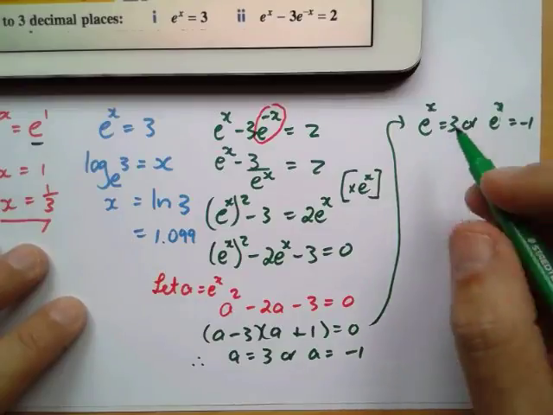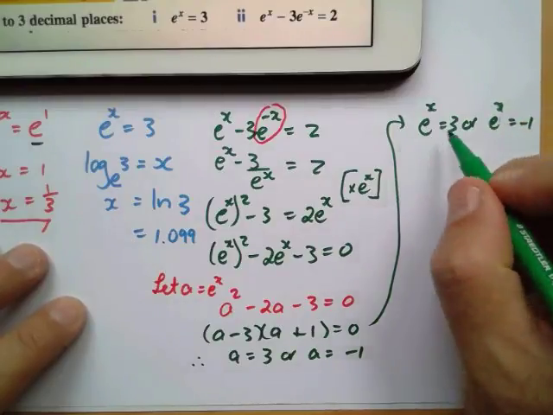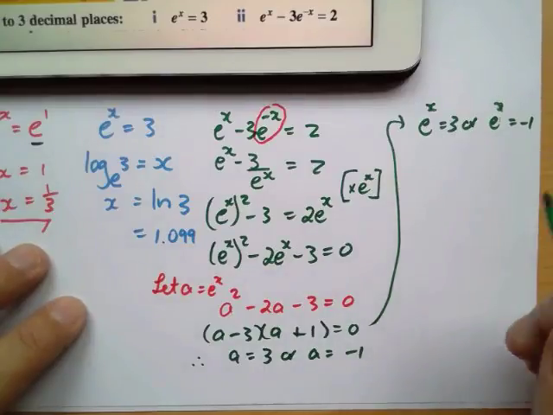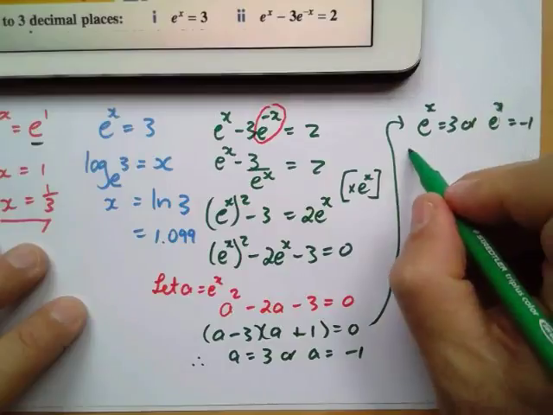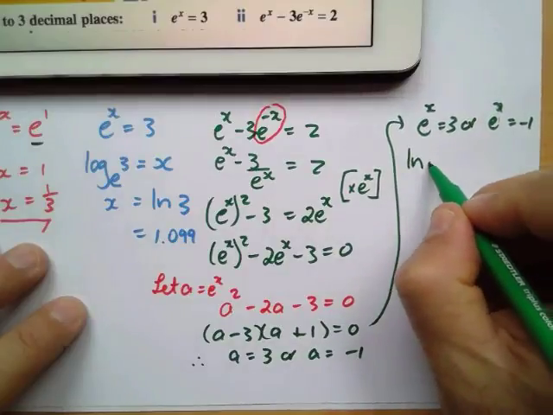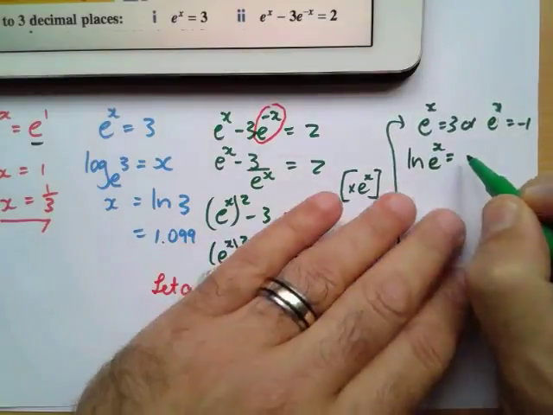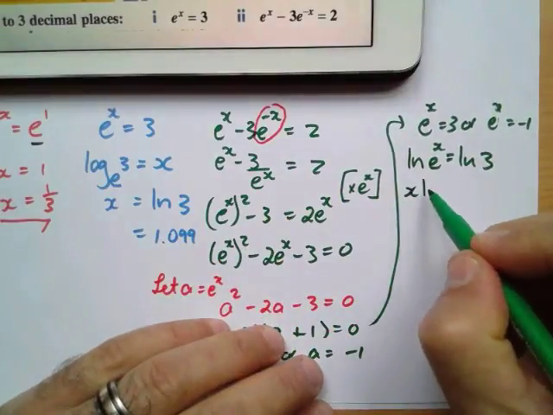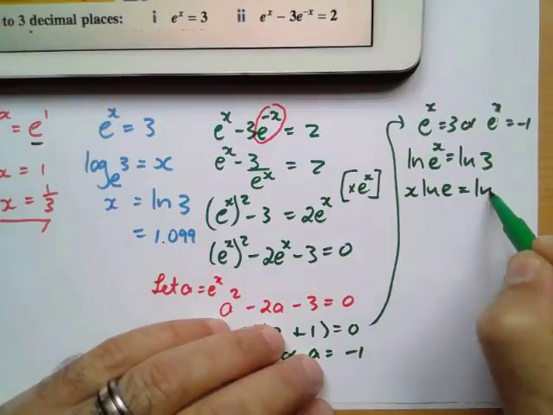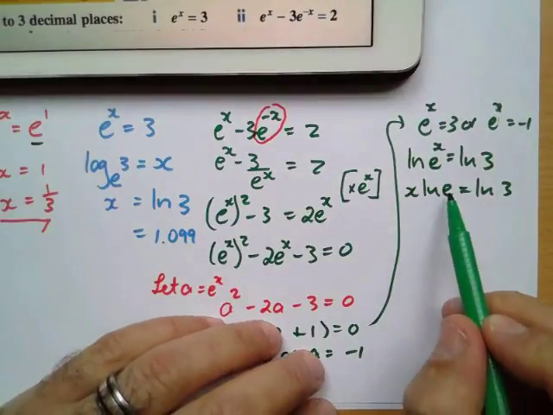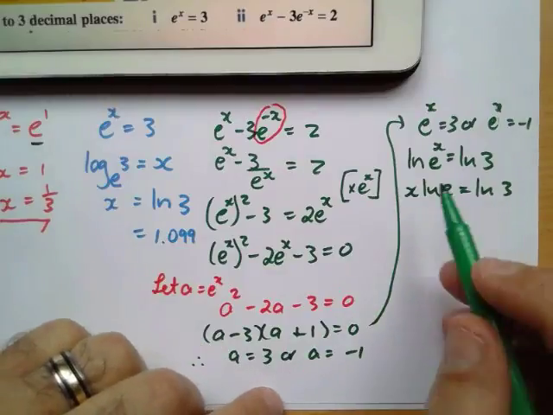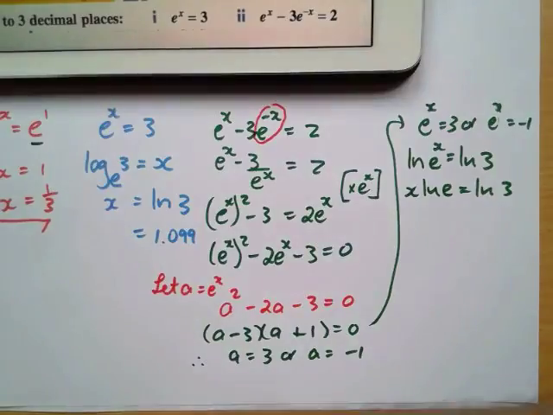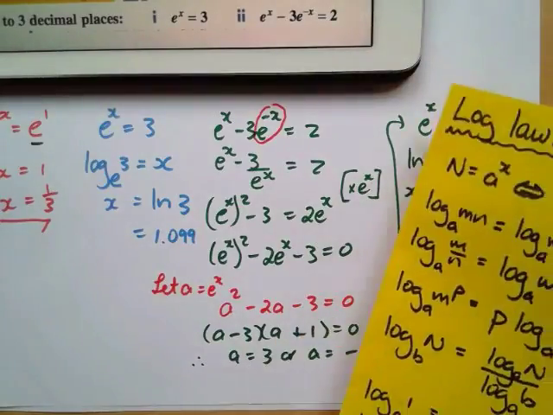If I put this into log form, or what I can do is take log both sides, or the other thing I can do is take ln both sides. Now remember, ln e to the power x equals ln 3. The x can go to the front, it becomes x ln e equals ln 3. Now ln e equals 1, and the reason for that is ln means log to the base e, and log e to the base e, according to our rules,